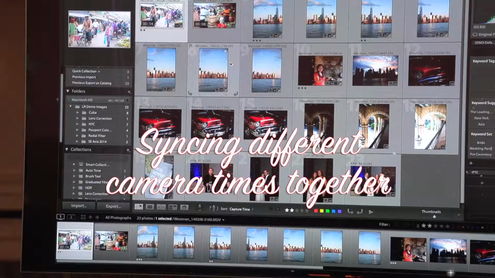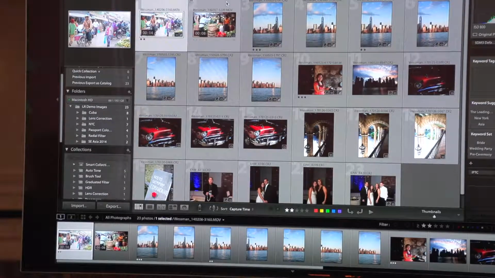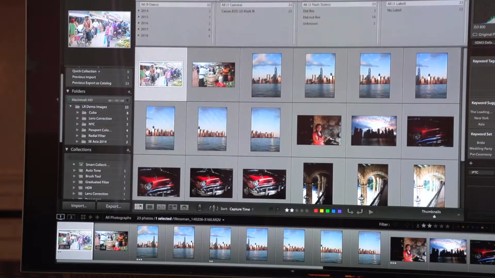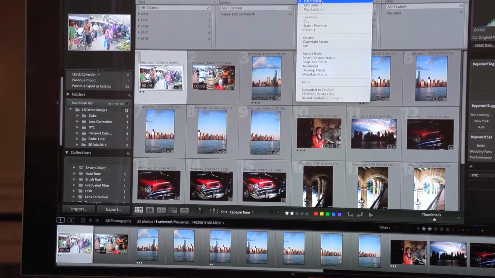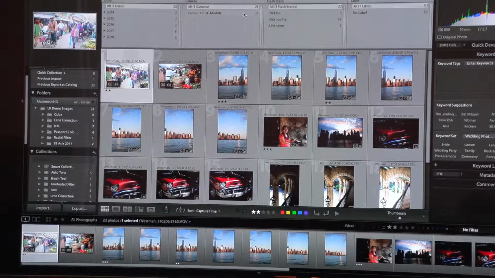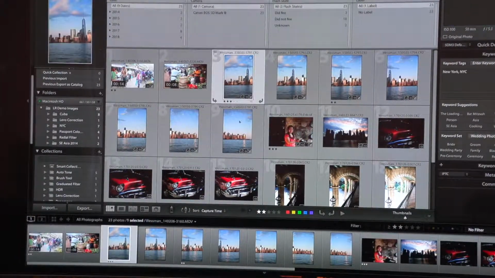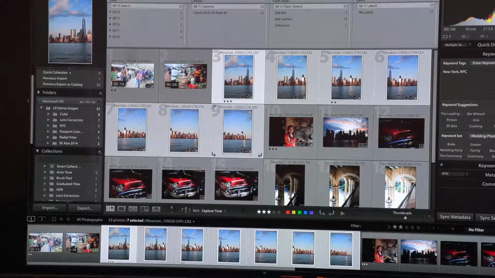The ideal way of doing an event is having all the cameras synced. So you can select, if you do the backslash key, get your filter bar, go by metadata, go by camera. Actually, we've already got cameras here. I only have one camera synced here, but say I take all of these images selected, and I go to my timestamp in my metadata,